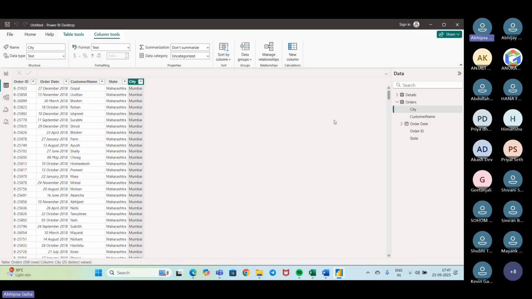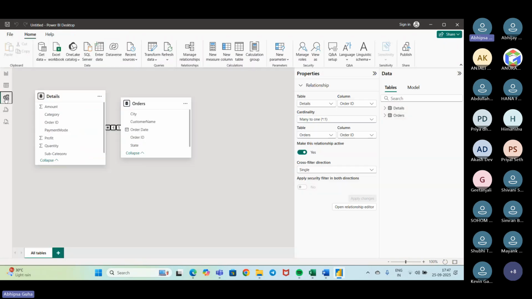So this is my table view, or the data view, that I am getting up here. So here I am getting the details, data, and whatever details I am checking on. And here I am getting the details about, this is the model view. So here I have two different tables that I have taken. You can see when I put my cursor up here, this order ID is common in details and order ID is common in this order table, right? So it is so intelligent that it can